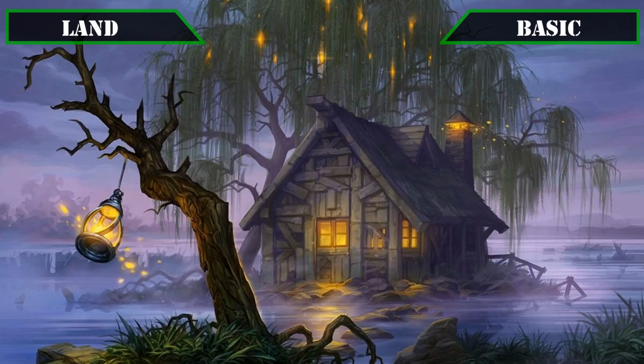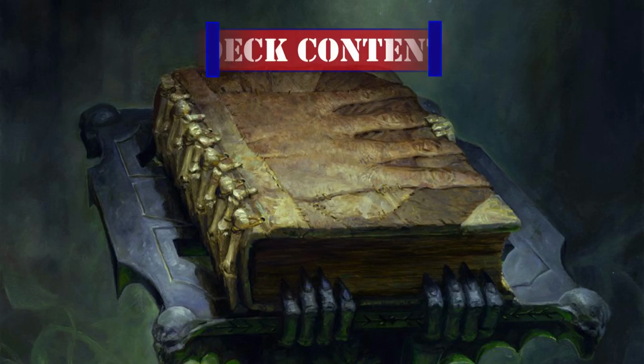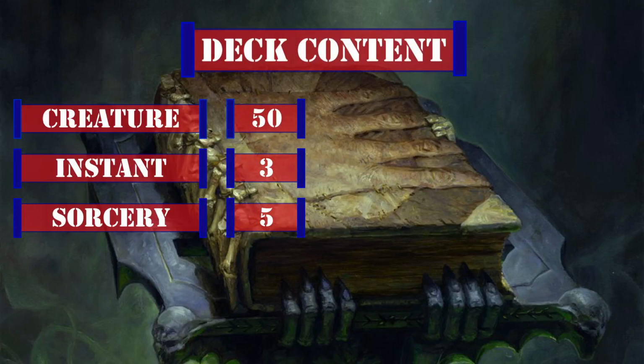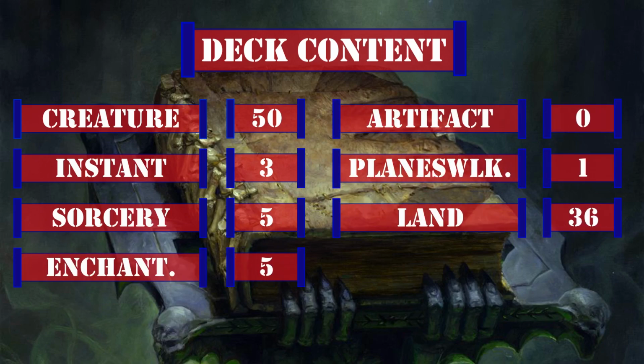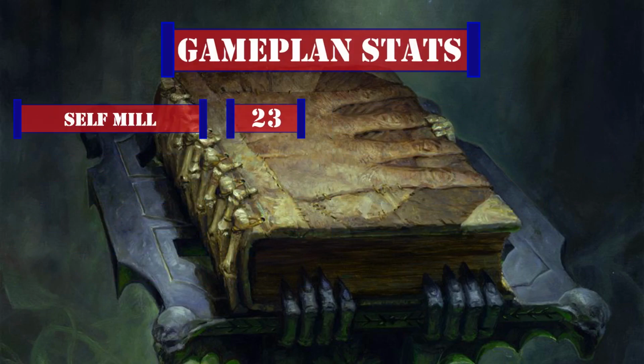So now that we've covered all the cards in the deck, let's take a look at this deck's breakdown. Currently, this deck has 50 creatures including the commander, 3 instants, 5 sorceries, 5 enchantments, 0 artifacts, 1 planeswalker, and 36 lands. Looking at the stats that matter to our game plan, we have 23 sources of self-mill, 18 sources of recursion,